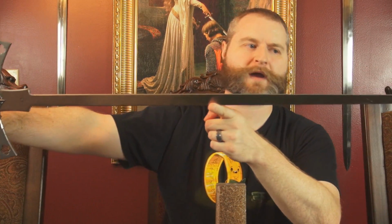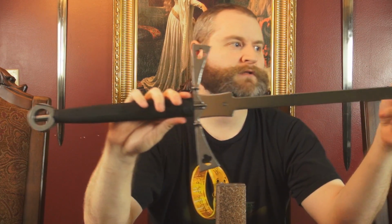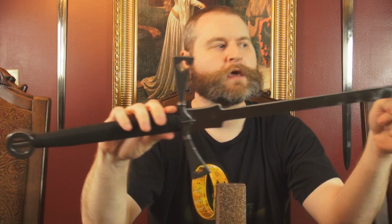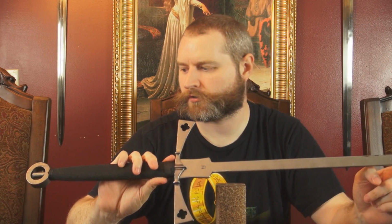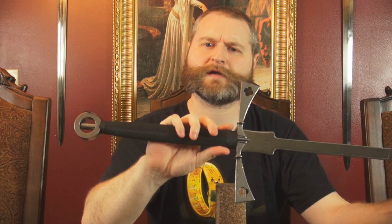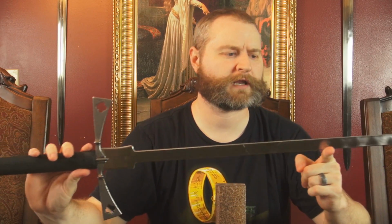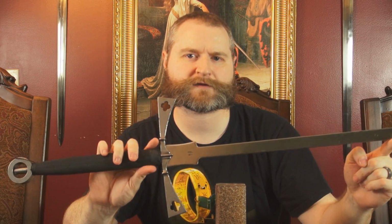And it certainly also bears mentioning that this is a fairly long fader blade. It isn't quite as long as the Reginier fader that I have, but it's certainly longer than most actual longswords would be in terms of blade length. And so getting it into a thrust when you're close to your opponent really isn't always an option. So it is unfortunate that there is a little bit of a trade-off to get the visual aesthetics of this sword, that you are getting a little bit of a catch in the functionality, but honestly,